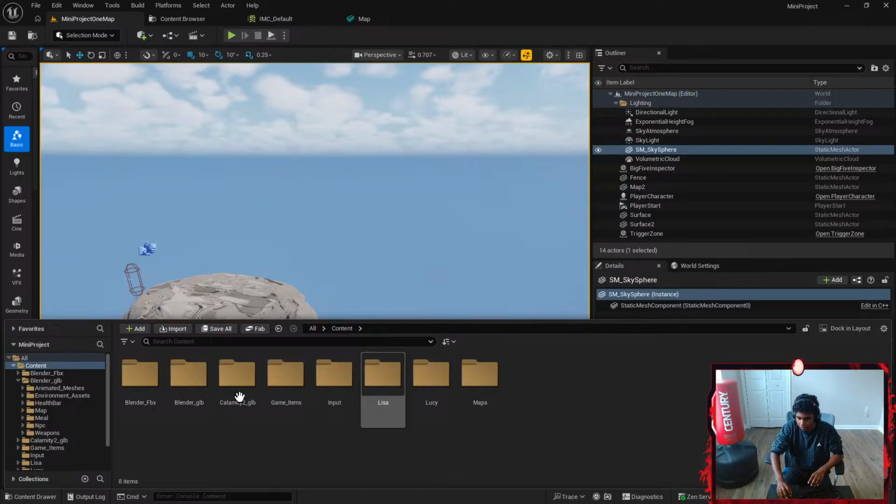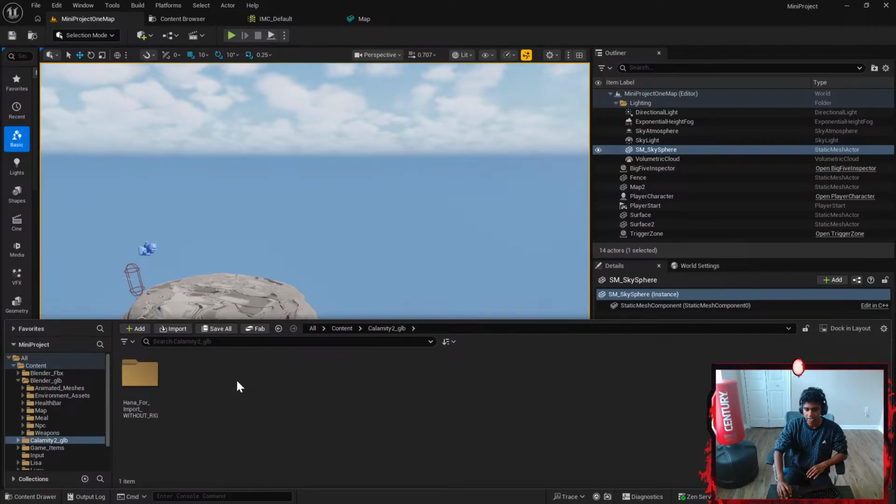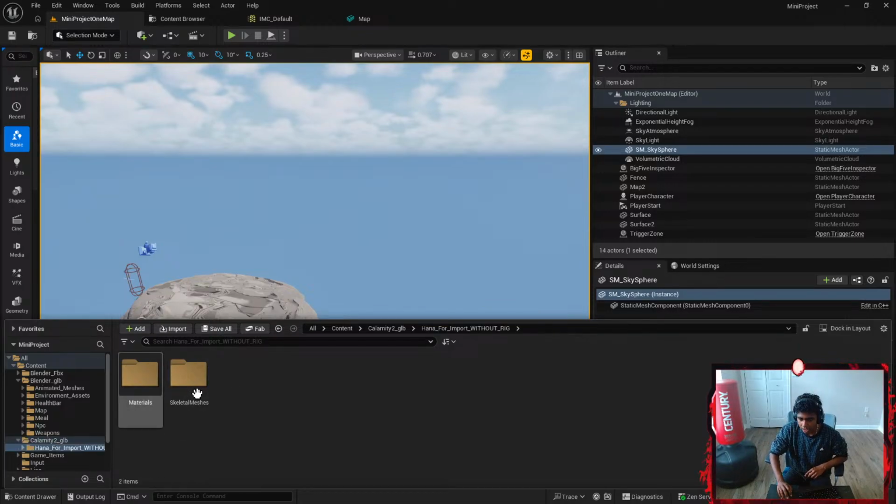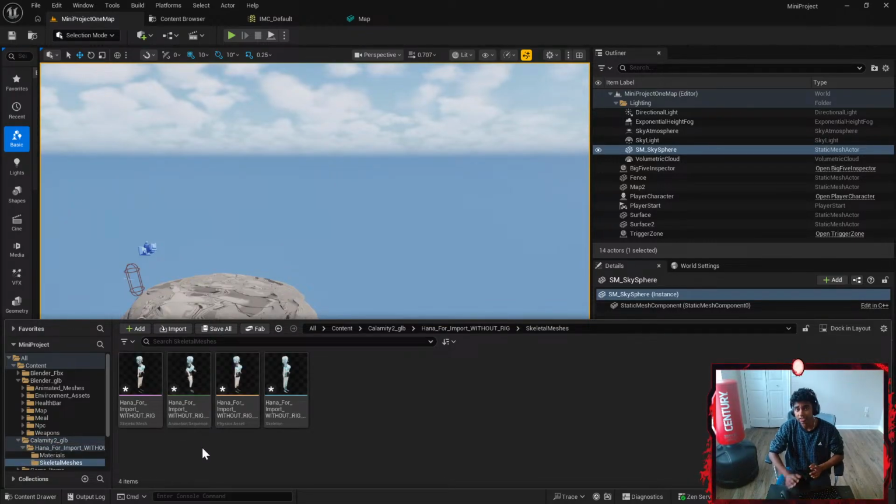This is importing my QLB files. This is my FBX. This is my Calamity 2 QLB files, which has got my skeletal mesh, but it does not have my static mesh. This is where I add my static mesh. To do so,